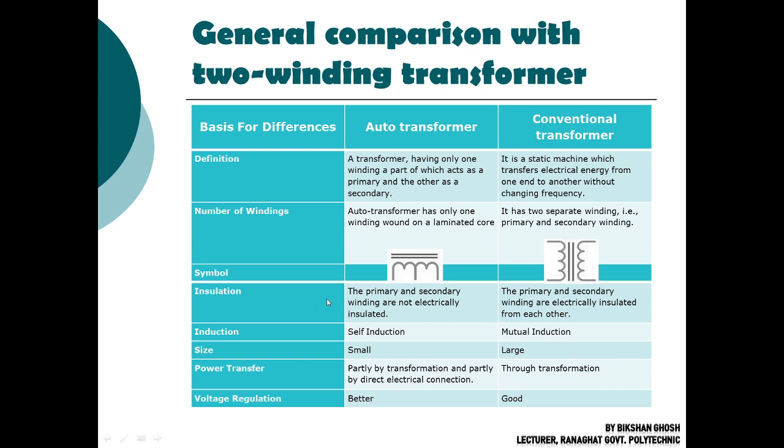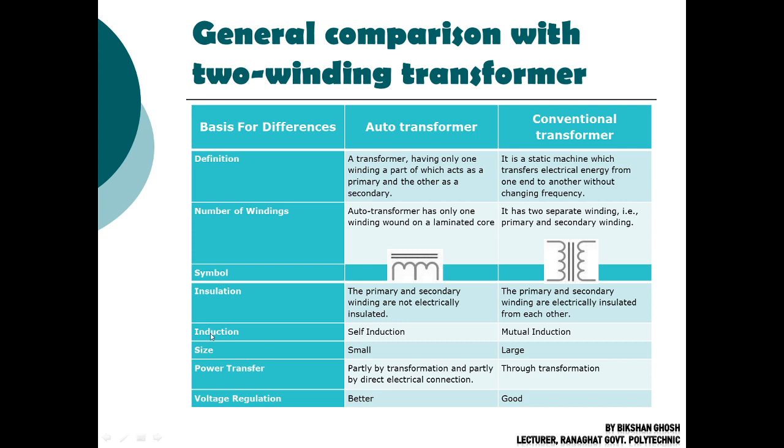Now the insulation: the primary and secondary windings are not electrically insulated. As you can see here, the primary and secondary windings are connected directly. That's why there is no insulation, there is direct electrical connection. But in the case of a conventional transformer, you can see the two windings are not electrically connected,